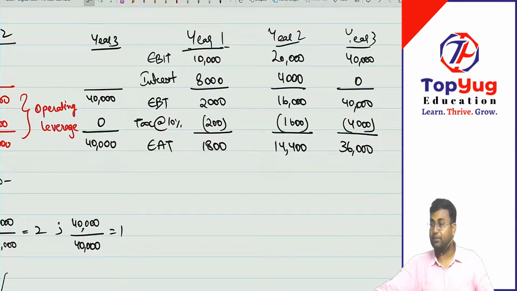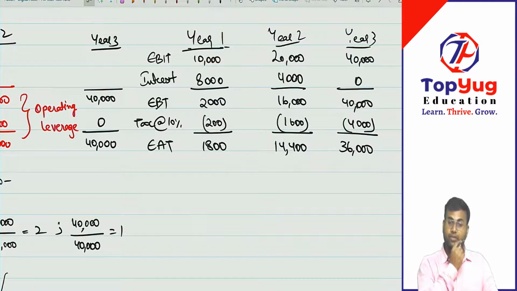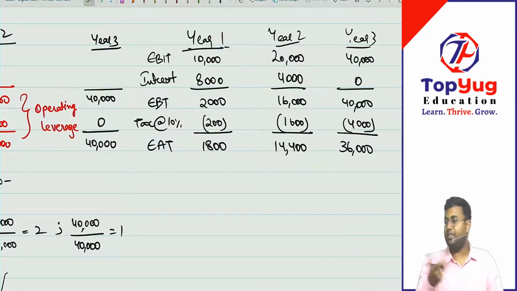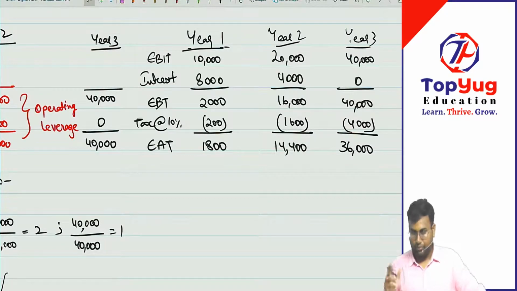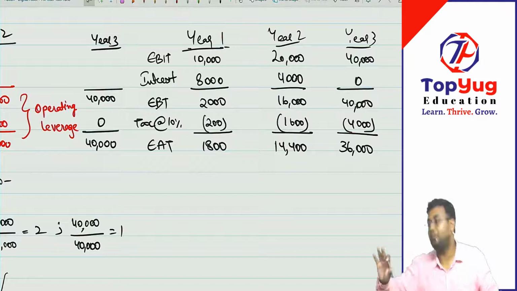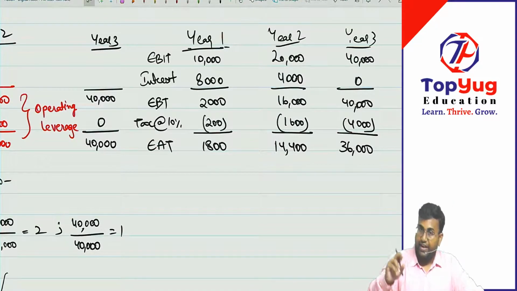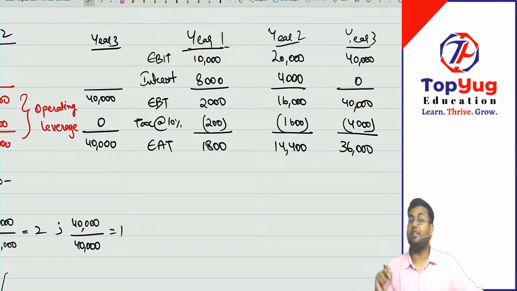Sales will go to 2 lakhs, variable cost will go to 1,20,000. Sales will go to 10 lakhs, variable cost will go to 6 lakhs. Is the percentage changing? Is the degree changing? No. So, is there a risk involved there, at least from the angle of leverage? No. That was the introduction of the leverage chapter: finding out the leverage between risk factors. So where is the risk involved?